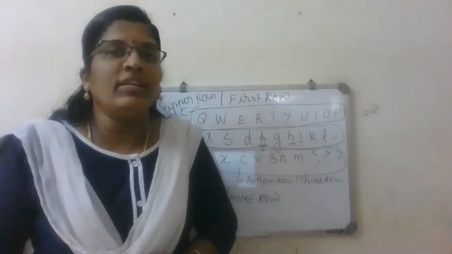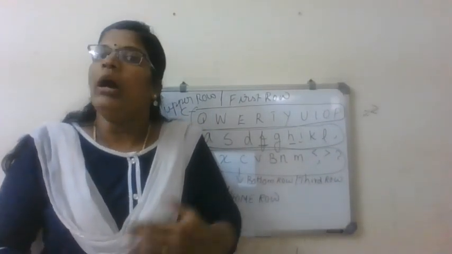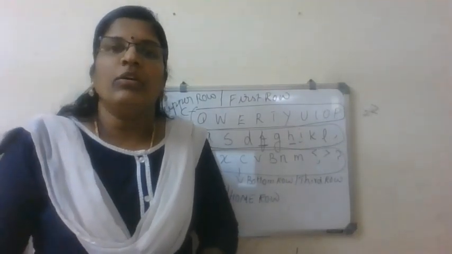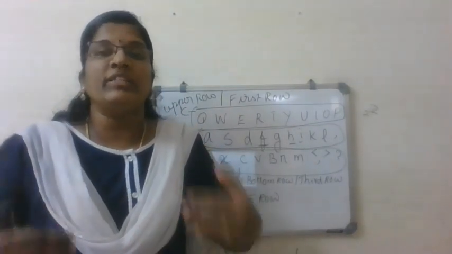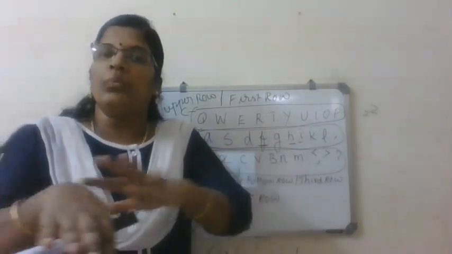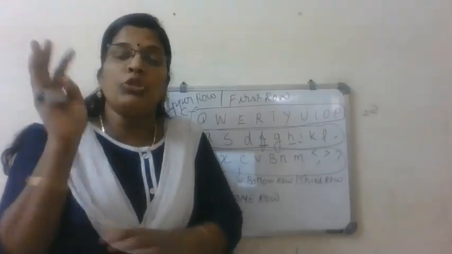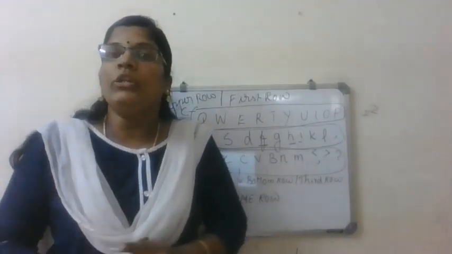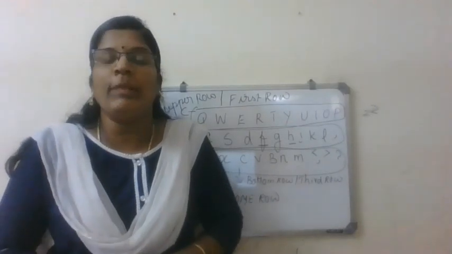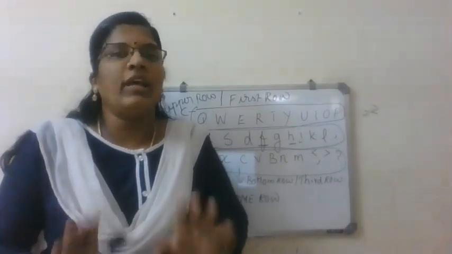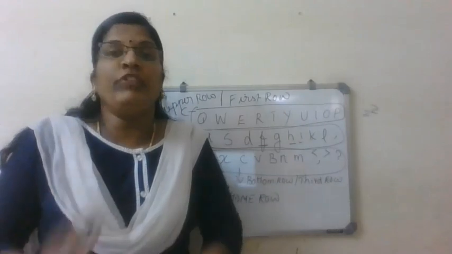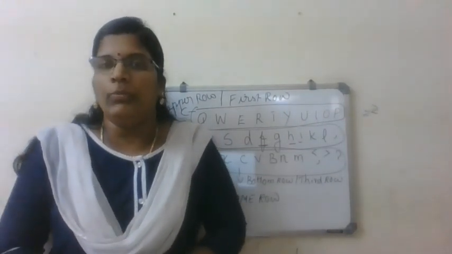And also we studied the sitting posture. How to sit in front of the system. How should your back be? How should your knees be? How should your wrist be? How should your elbow be? Everything is covered. So whenever you sit in front of the system, follow the same. If you follow the ergonomics, then only can you do efficient typing with the help of the keyboard.